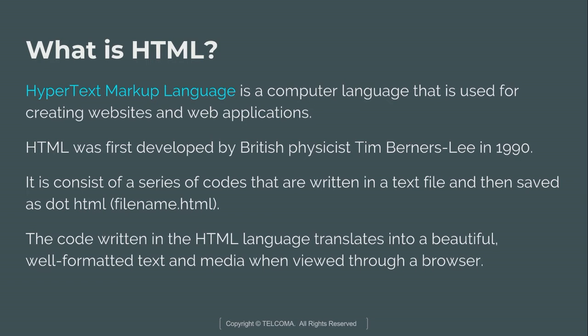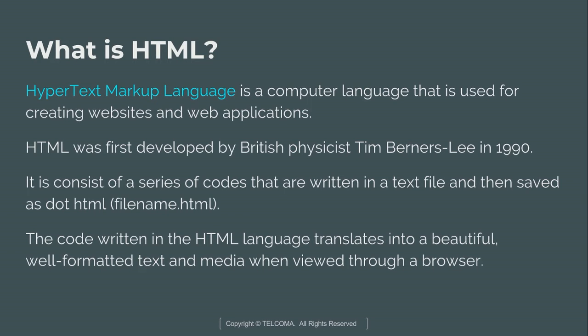The next question is, what are the things that are required to run an HTML program? To run an HTML program, we need two things. The first one is a text editor, such as Notepad, Notepad++, Bluefish, TextWrangler, etc. Any text editor you can use to write the HTML code. Next is a web browser. We require web browsers such as Chrome, Firefox, Internet Explorer, Safari. These are used to read the HTML codes and to display them. These are the two requirements to run an HTML program.